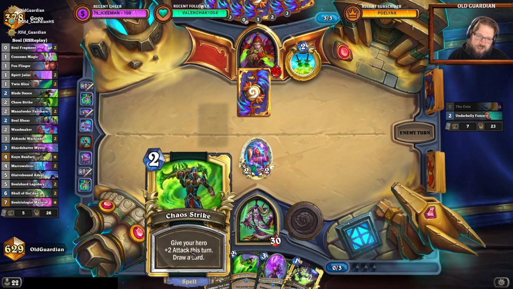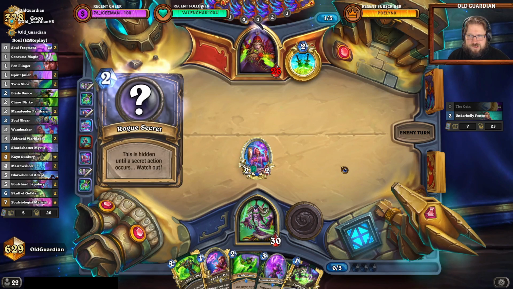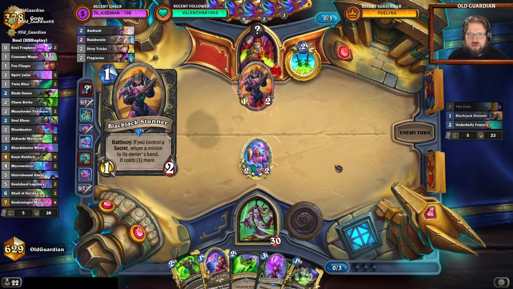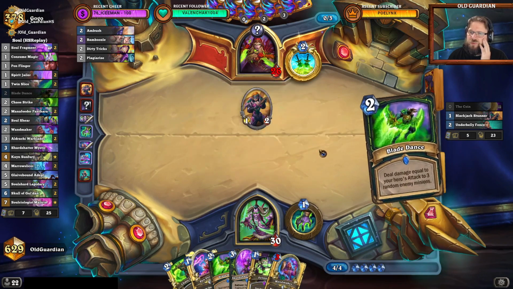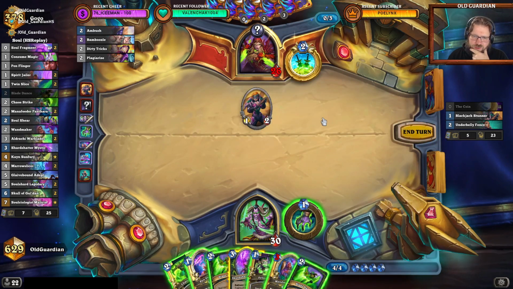I could do Flinger Chaos Strike Hero Power next turn. That would be available. We'll see. Don't let the door hit you. That's intriguing. Because now that could of course be... That could be one of many things. Ambush, plagiarize,